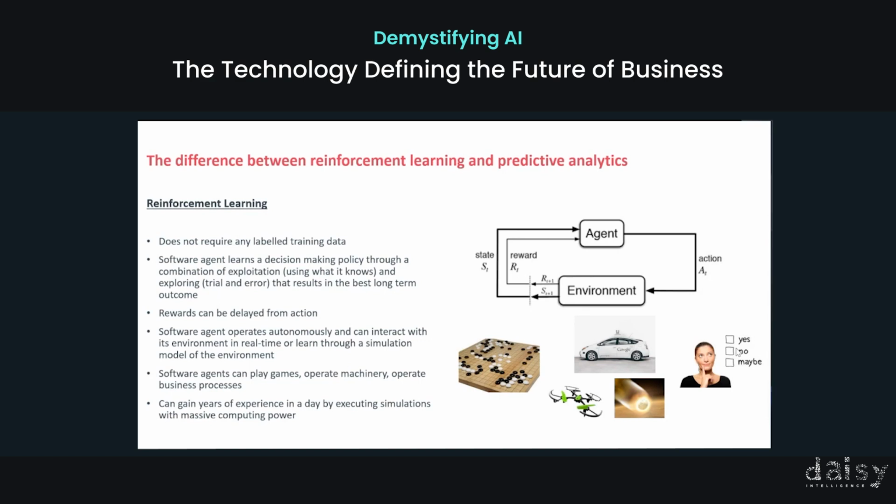And so the agent is learning by exploiting what it knew in the past. So it's some combination of what you know and some randomness, trial and error. And you can vary that rate so that 80% of the time you might exploit what you know, and 20% of the time you might try random trial and error or some type of trial and error, so that you can continue to learn if the environment changes. The thing about reinforcement learning is you can delay the reward from the action. And I'll give a couple of examples of that.